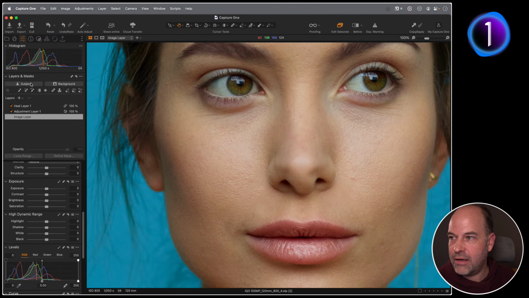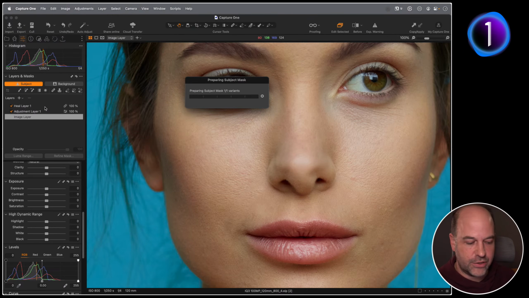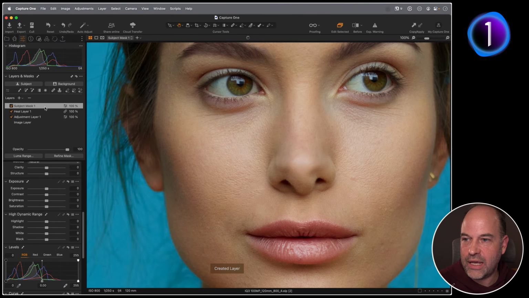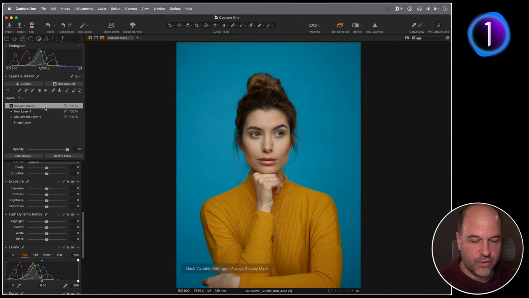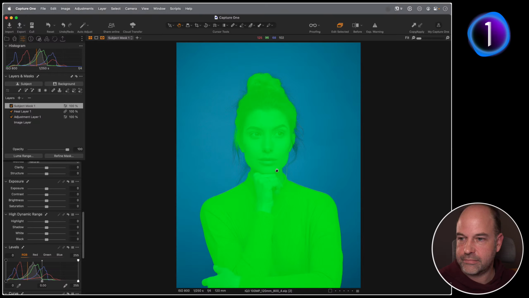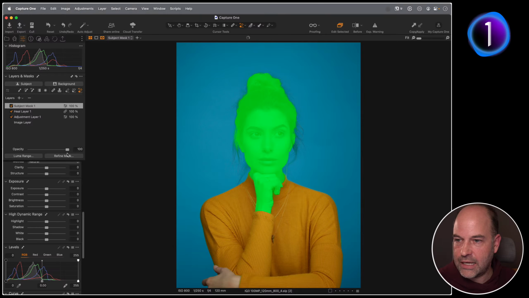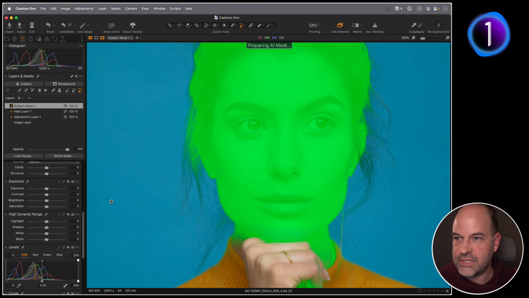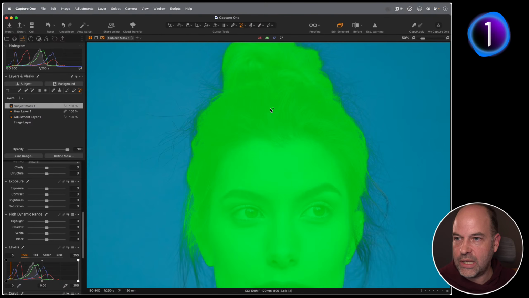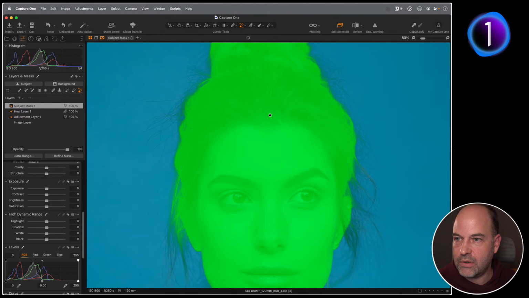If we hit our subject mask now, let's just do that. Then there are a couple of things we could do if you wanted to soften the skin. So we've got our subject mask like so. If we wanted to restrict this to the face, I could grab my AI Erase tool. Let's take out all of that first, take out that, so we've just got this. Let's take out the hand. Now we've just got skin like so. And finally, we could probably drop the hair out as well.